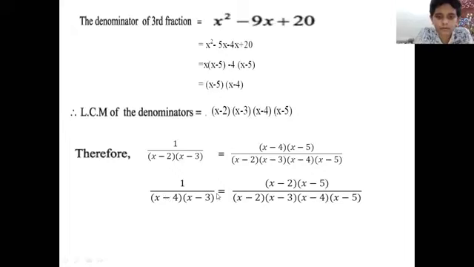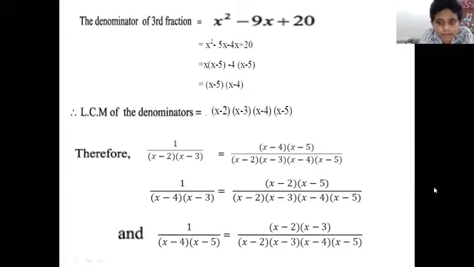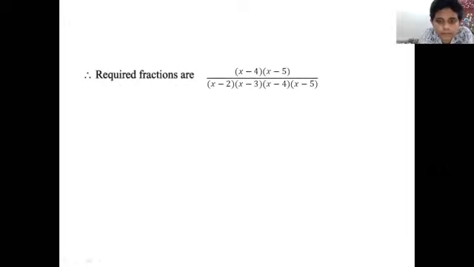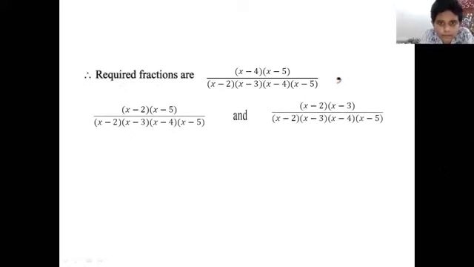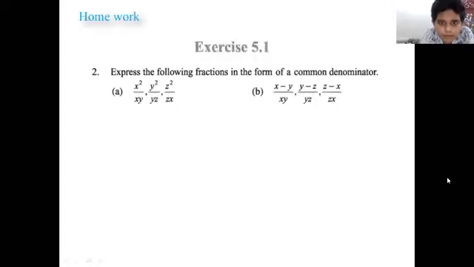The second fraction will be (x minus 2) into (x minus 5) by (x minus 2) into (x minus 3) into (x minus 4) into (x minus 5). And the third one is (x minus 2) into (x minus 3) by (x minus 2) into (x minus 3) into (x minus 4) into (x minus 5). Same procedure. So therefore, our required fractions are these. So dear students, today